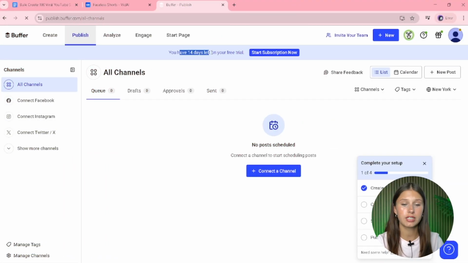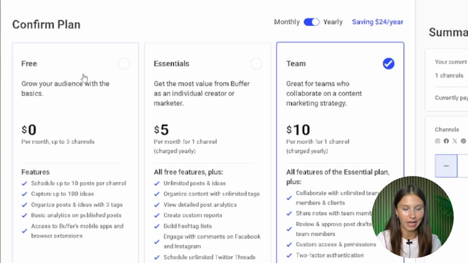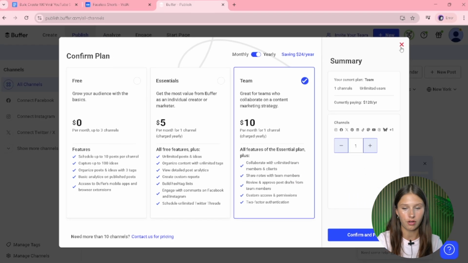You are able to link your profile for YouTube, Instagram, TikTok to Buffer. And it allows you to schedule out your entire YouTube channel or Instagram account like a pro. It looks like you get a 14-day free trial to see if you like it. And they have a free subscription actually, so it gets even better. It's free. But if you wanted to get more value, you could do $5 per month or $10 per month, which is not bad at all for a subscription.